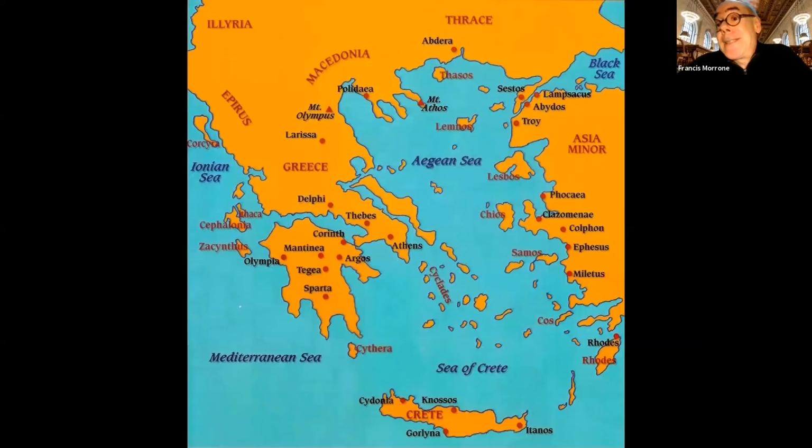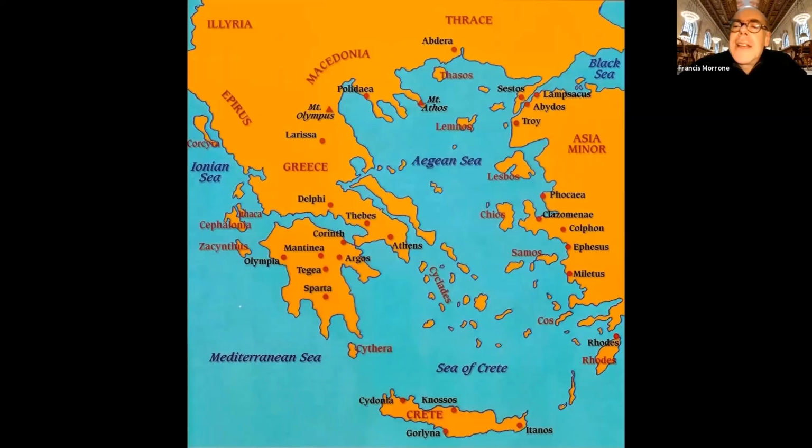Here we see Greece. I'm sure that you all already have some basic notion of Greek geography. You know that there's the Aegean Sea on one side, the Ionian Sea on the other, and if you focus on the center of this map and then move down and to your left ever so slightly, you will see Athens. A great deal of what I'm going to be talking about tonight is about Athens, but not all of it.